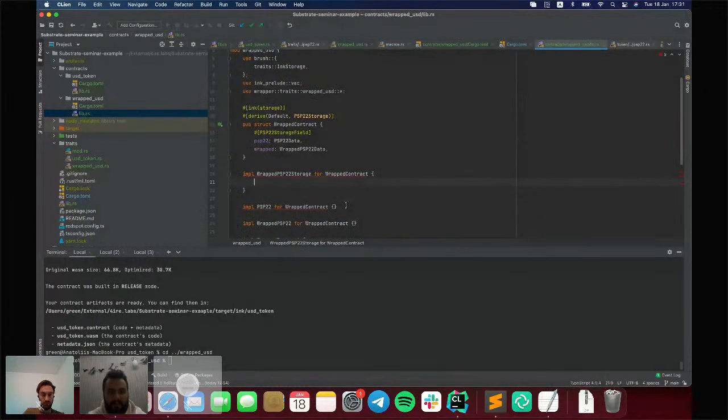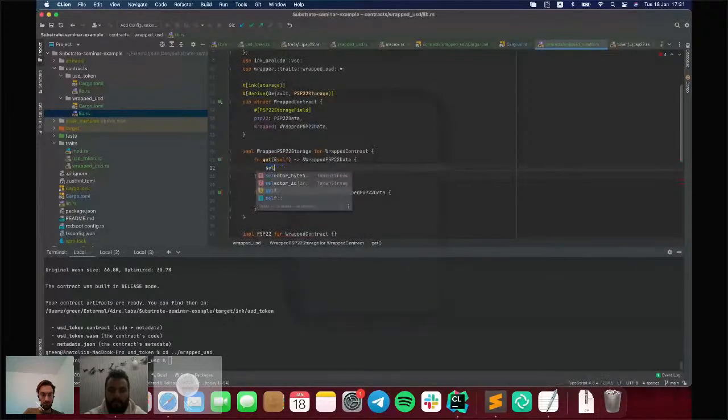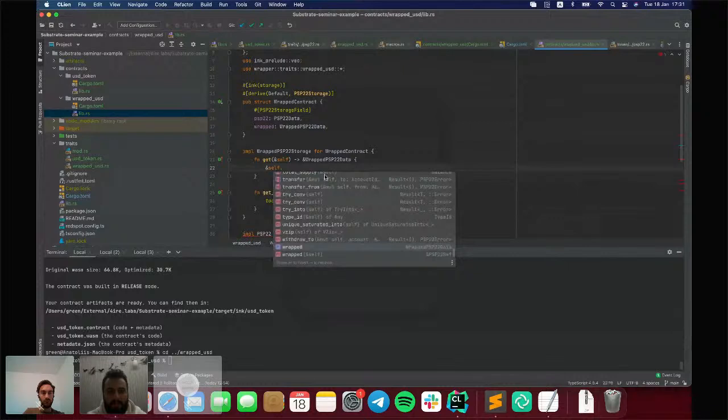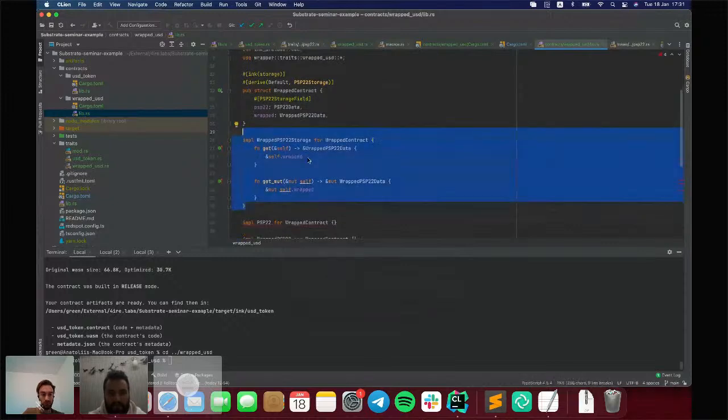After implementation of that trait, we will have a default implementation for our trait. So you can see the implementation of that trait is very simple.